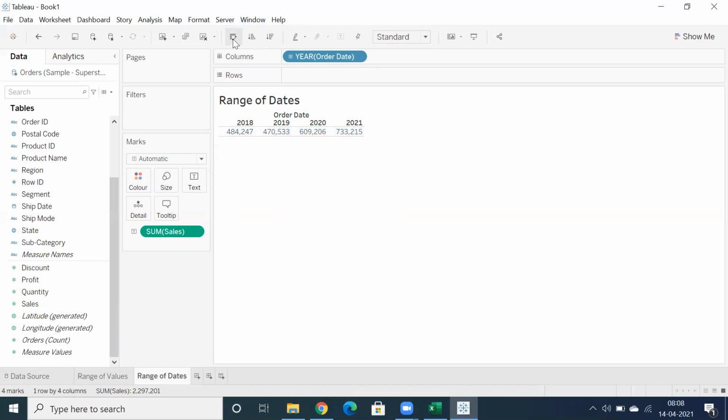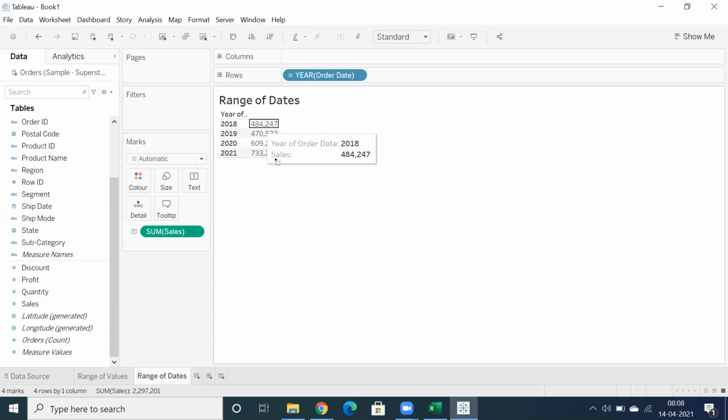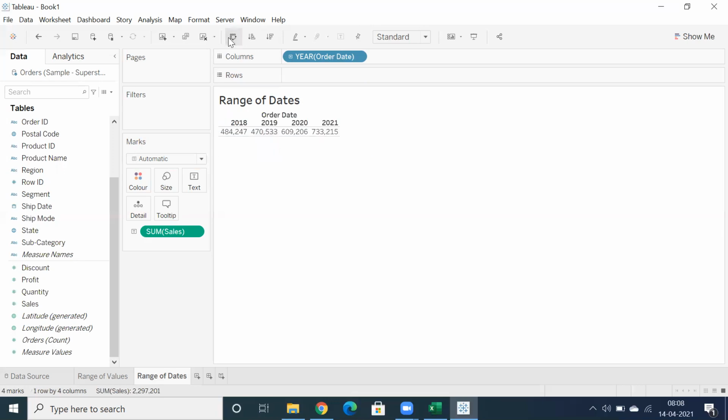But when you swap, now you can see year of order date in columns. This looks good and readable, right? 2018, 19, 20, 21. Now when you use year of order date in rows, this looks pretty good. But when you swap, you're getting column-level data. It depends on the view, whether you prefer rows or columns.